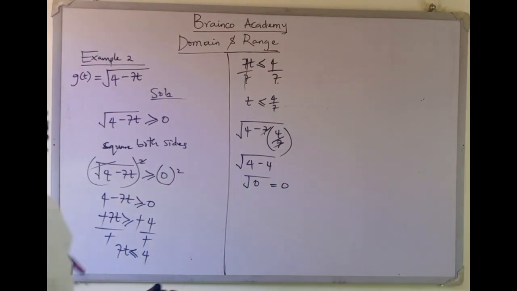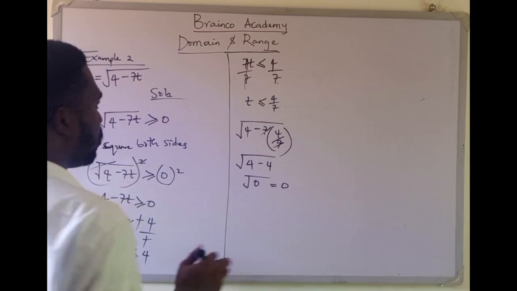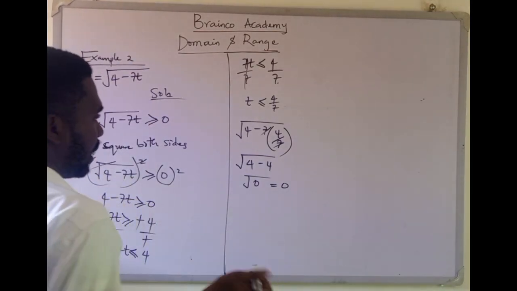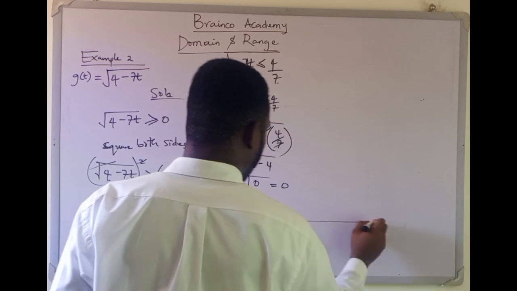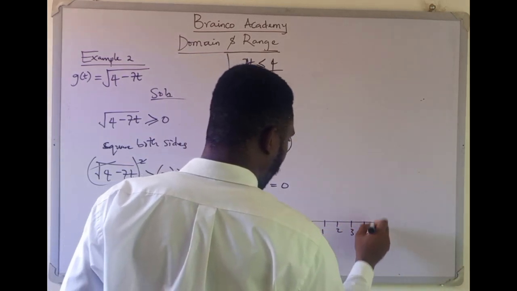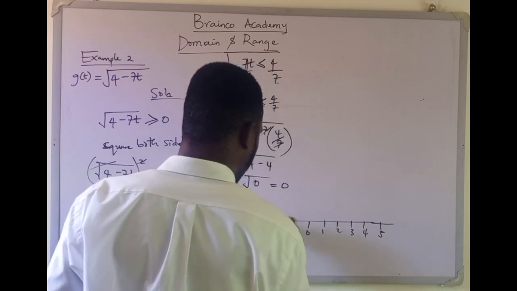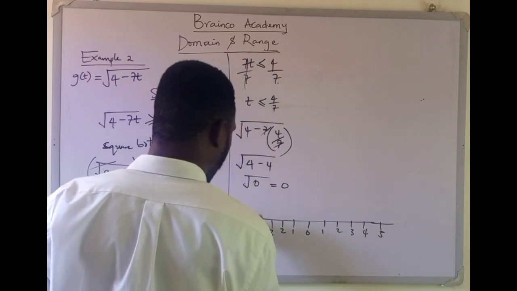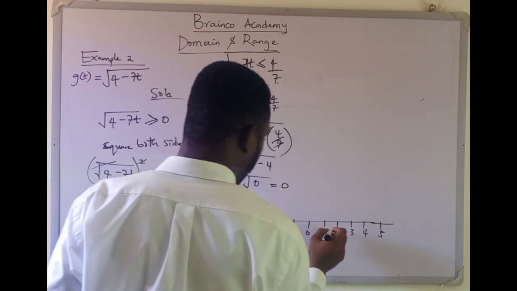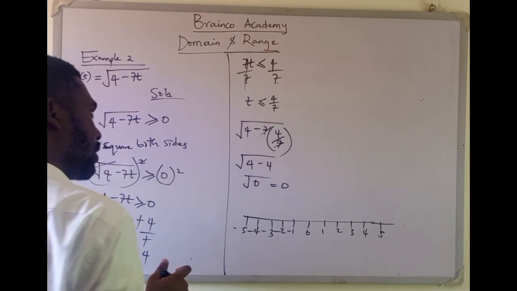So now let's get our domain. If you want to try your domain to know the input values, you can decide to try a number line. You can decide to do a number line 1, 2, 3, 4, 5. I can do it up to the level you want. Now, if we try